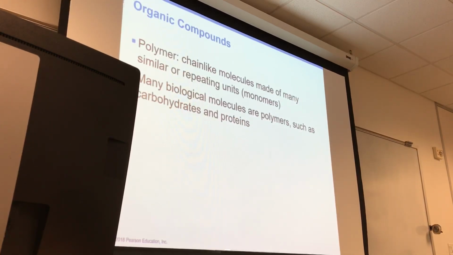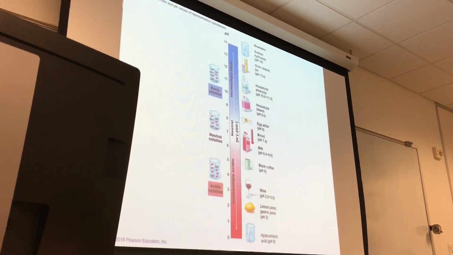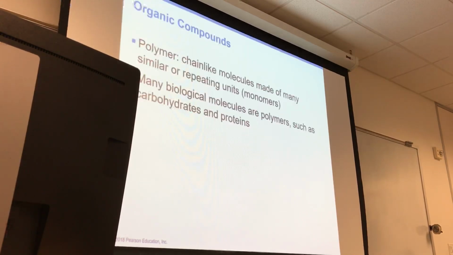Before we move on to organic, are there any questions on salts, acids, bases, water, the inorganics? Good. So when we talk about organic compounds, now we're talking about our larger polymer chain substances. Now we're talking about our carbohydrates, fats, proteins, nucleic acids, enzymes, ATP, things of that nature. These are going to be our biological molecules,